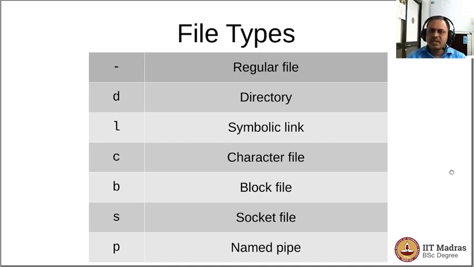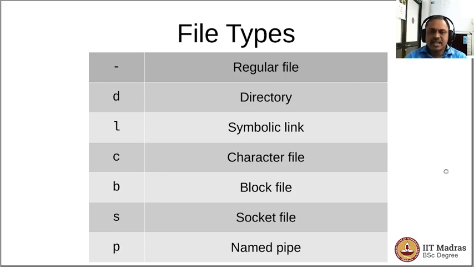Regular file as in, it could be a script, it could be a text file, it could be an executable, and so on. So what we normally refer to as a file is what it is if there is a hyphen in the very first entry of the long listing of the directory structure. Now if the first character happens to be D, it means it's a directory. So under that there will be other files or other directories. Usually most of our work in the Linux command line environment would be restricted to only these two types of files most of the time.